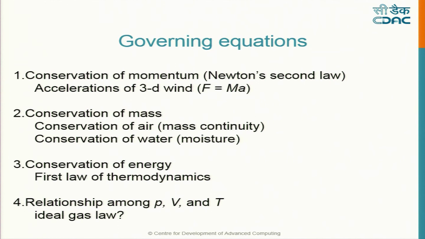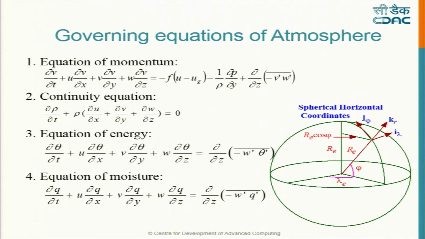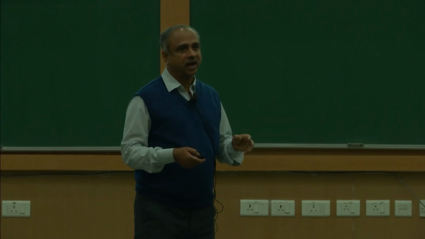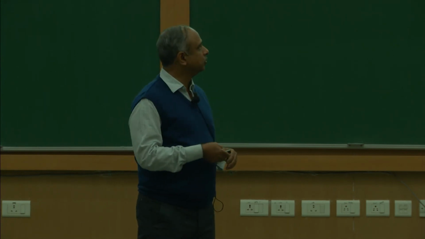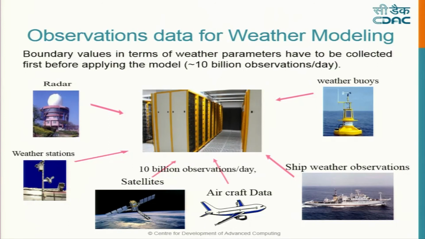When winds move, there is conservation of mass. When humidity goes from one place to another, there is conservation of moisture. Then there is conservation of energy, where you apply the first law of thermodynamics. And finally, we have P1V1/T1 = P2V2/T2. So you apply all this, and these are the equations that you get, which you apply to the entire Earth system. Now I think we don't have enough compute power to do a coupled model of everything, that is land, sea, atmosphere, that needs huge compute power. But to some extent we are able to do it.